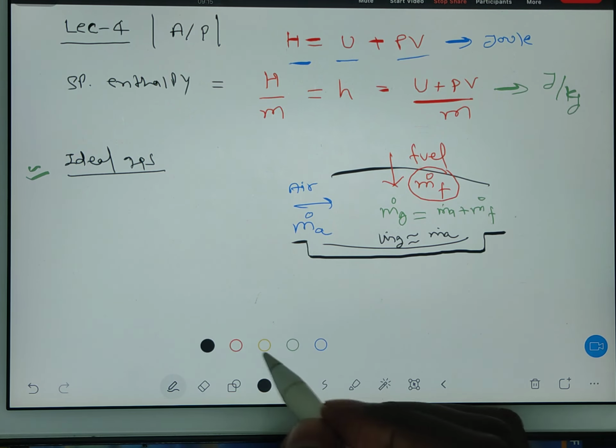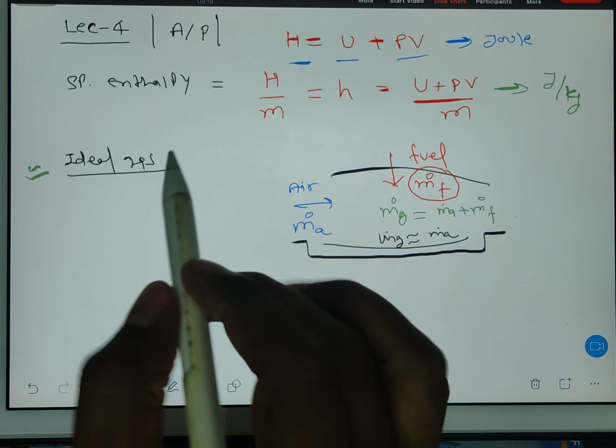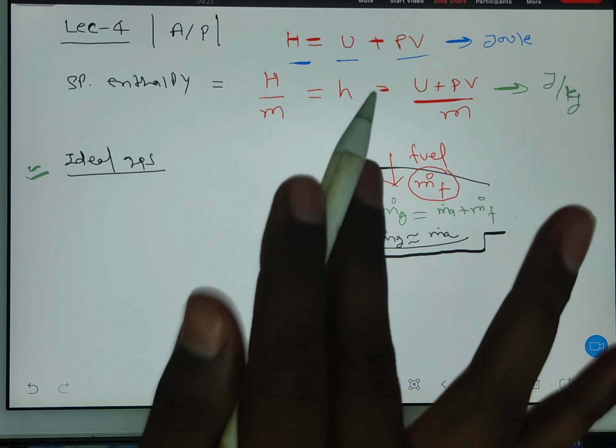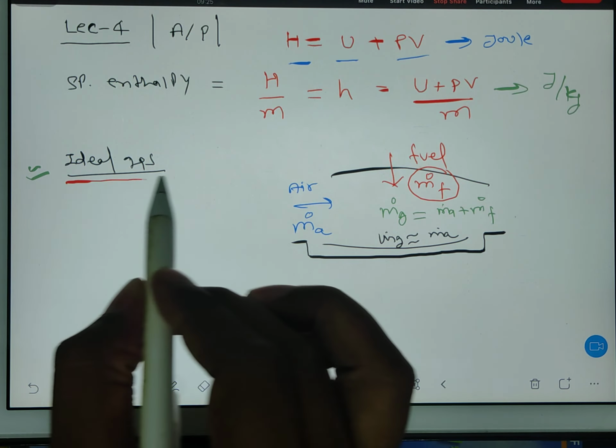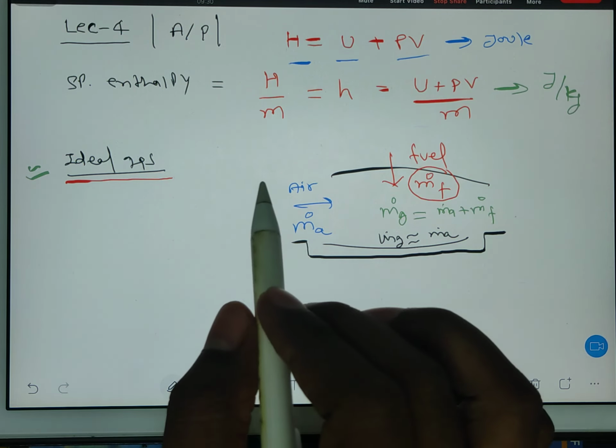In the same way we have assumptions about gases. So what kind of assumptions are we applying on gases? That is actually coming from the ideal gas concept. So first we will understand what is an ideal gas, and then we will understand